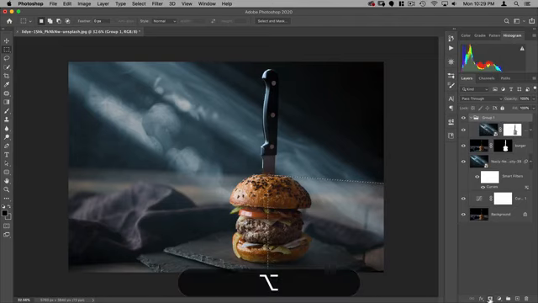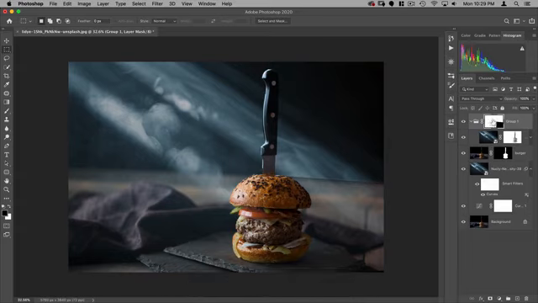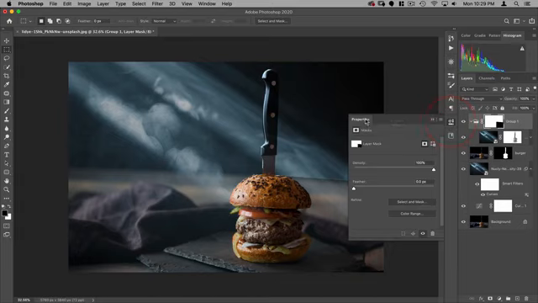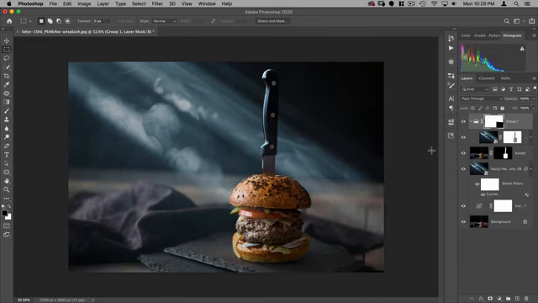So now what I can do is hold down Option, add a mask, and by holding down Option, it's basically going to invert the mask based on my selection. So if I have this area selected, it's going to hide that area as opposed to revealing it. And then on my properties panel here, I can go to my mask and just increase the feather until this line looks good, which is right about there. All right, so now we don't have that hard line anymore, and I'm pretty happy with that.